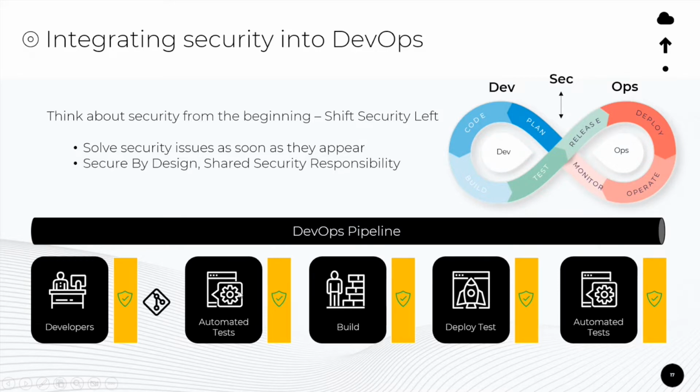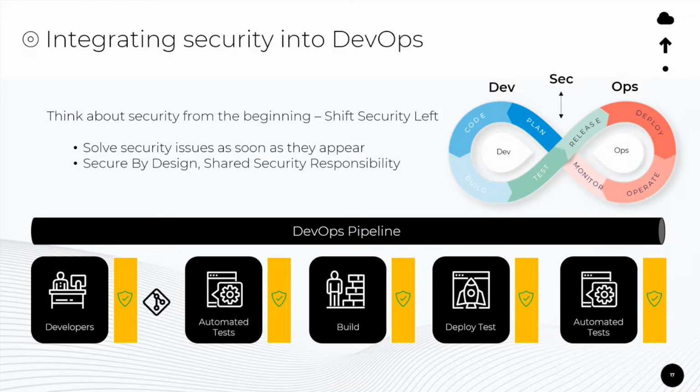And then you perform the automated testing. Again, you perform the security scan, you find vulnerabilities, you fix them in that stage. You move to the build stage, you have the image built, then you again perform a security scan. And then you have the image deployed to your test environment, your UAT environment, you again perform a security scan, right? And then you perform the automated test. Before the actual production deployment, you again perform the security scan. So this way you can make sure that